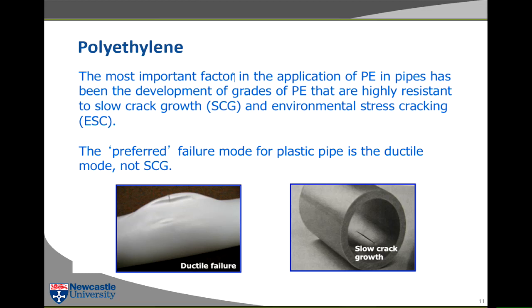If you pressurize the pipe sample, then the material in the wall will start to neck down. The material in the wall of the pipe will start to neck down. So this is just like a tensile test specimen in the hoop direction. So if you see what happens to the pipe,